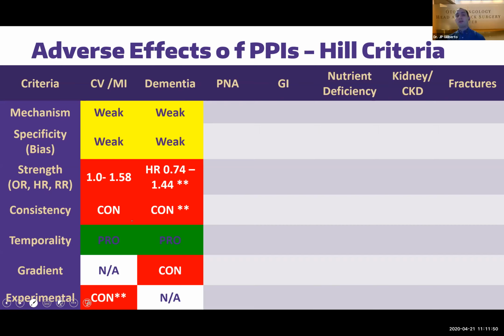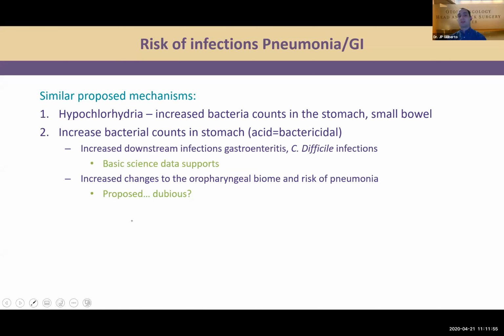So the best quality data will argue against dementia being a risk of long-term PPI use. In looking at the risk of infections, the base mechanism is the same for both pneumonia and gastrointestinal infections. Hypochlorhydria is the body's defense against bacterial infections, and it obviously makes sense. And there's a lot of basic science data that supports that hypochlorhydria decreases the bactericidal effect of the stomach acid, which